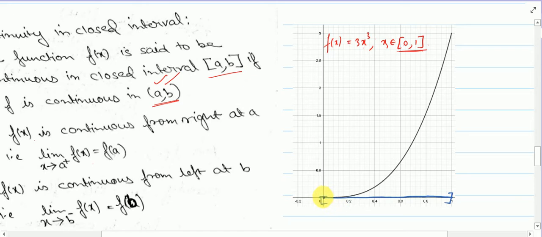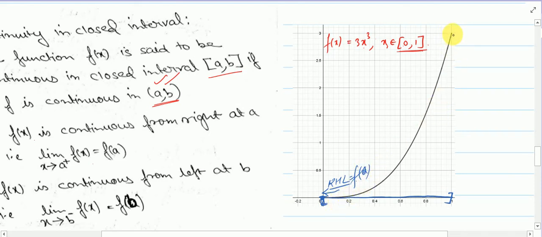We will say that this function is continuous if at this point 0, the function should be continuous from the right-hand side. That means the right-hand limit should be equal to f(0),